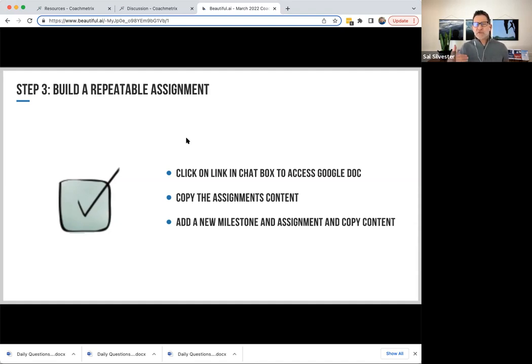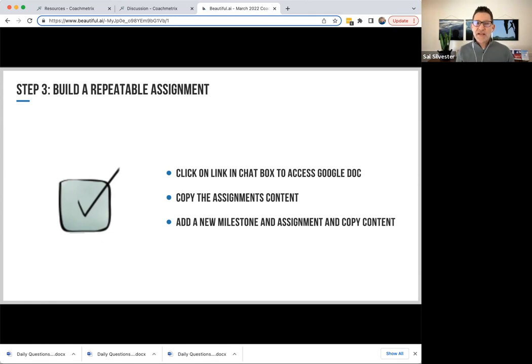In our practice, with many of our executive coaching clients, we go through a 360 feedback process. And as part of that process, there are a series of tasks that people have to do. They have to reflect on their 360. And then we ask them to create an action plan. And then we ask them to add Coachmetrix supporters. So why not create some assignments once that you could then use across all of your engagements?